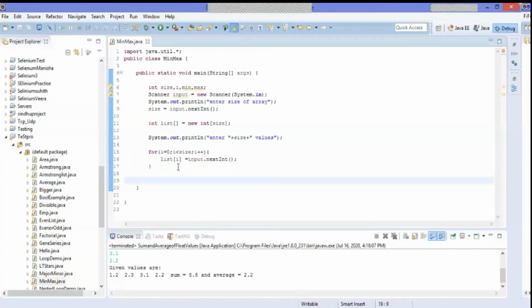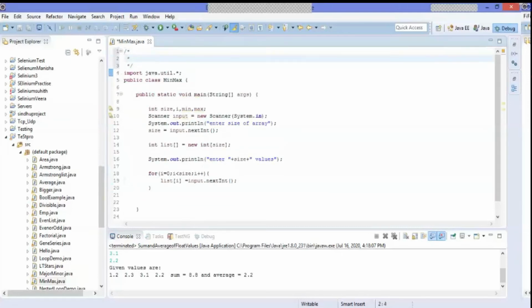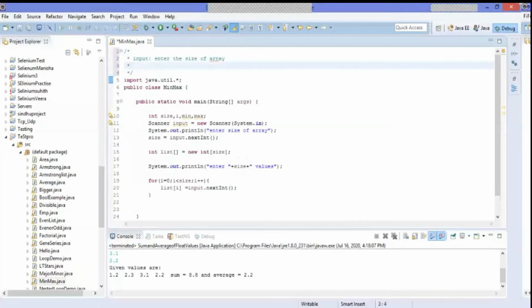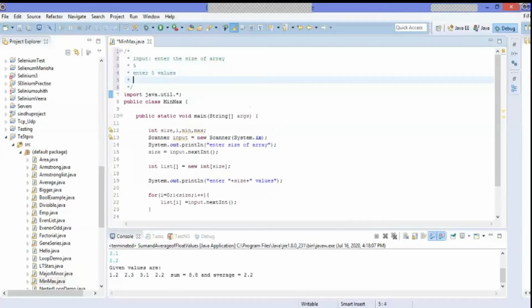So what is the logic, very simple one. See here, I'm going to explain the simple logic that we are using. So let us assume that the input is, first we are giving the input, that is, enter the size of array, am I right? So this is what we are expecting. So now we are giving, let's take example 5, so now immediately it is asking enter 5 values.